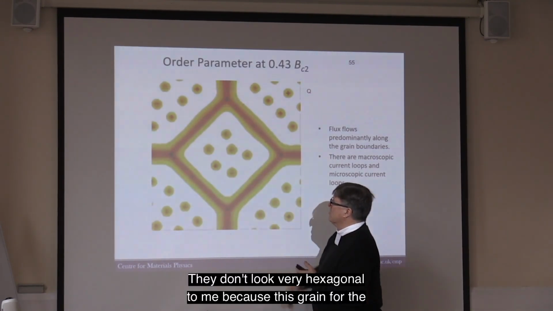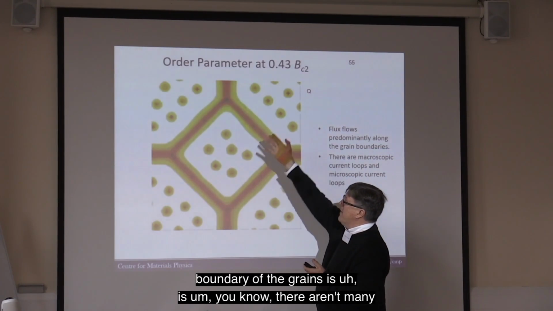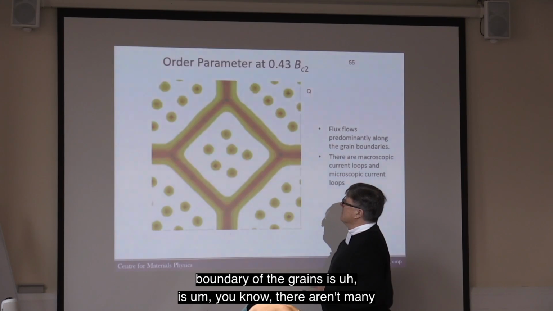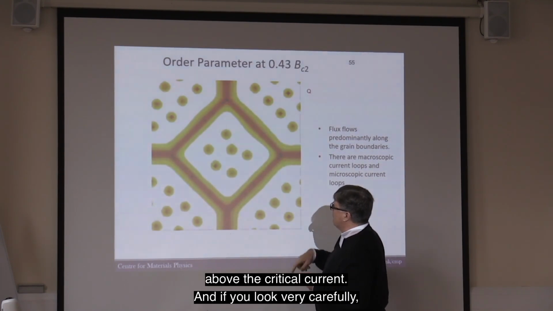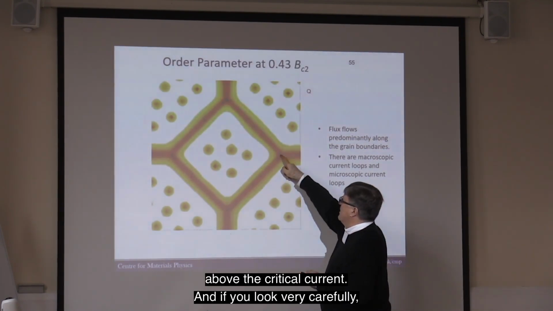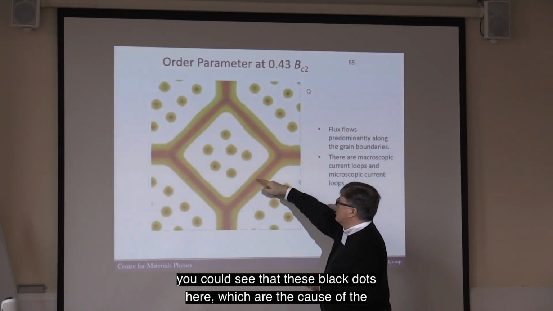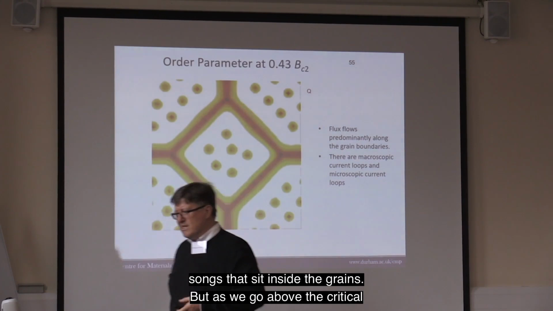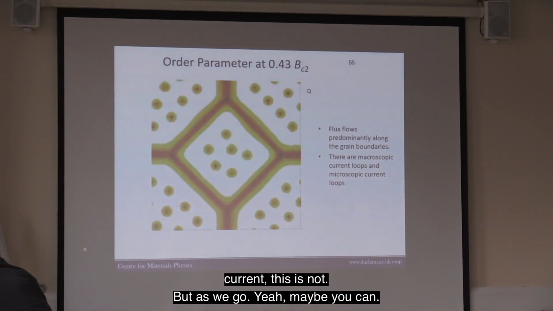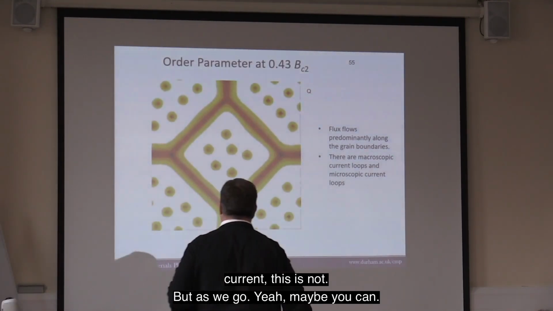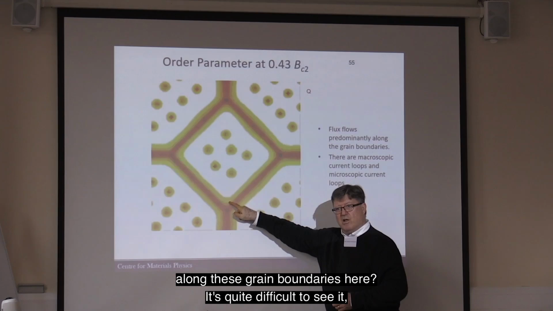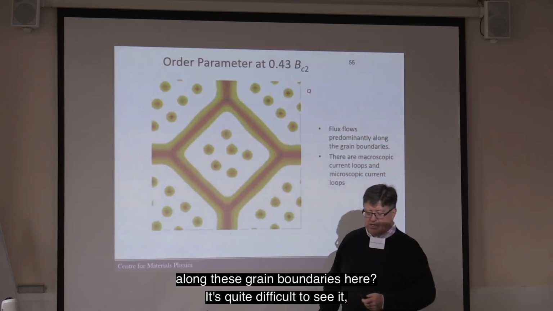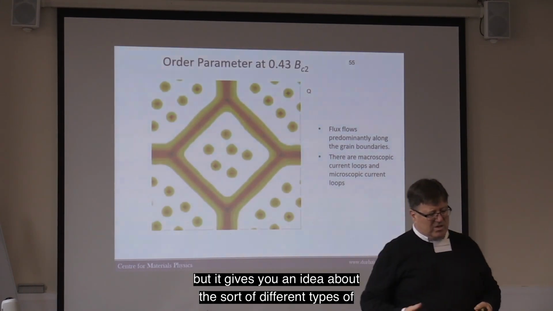They don't look very hexagonal to me because the boundary of the grains is there, and there aren't many fluxons inside the grains. And we've gone to a current that's above the critical current. If you look very carefully, you can see these black dots here, which are the cores of the fluxons that sit inside the grains. As we go above the critical current, maybe you can see these fluxons sliding along these grain boundaries here? It's quite difficult to see it, but it gives you an idea about the different types of pinning